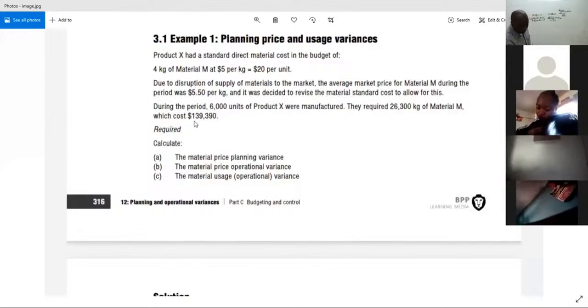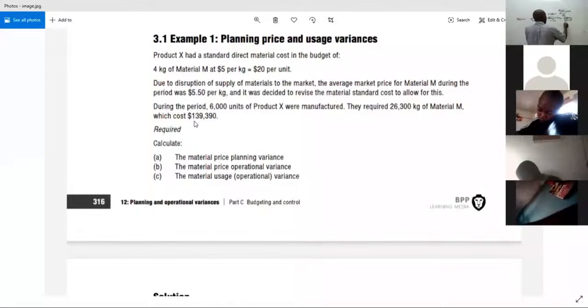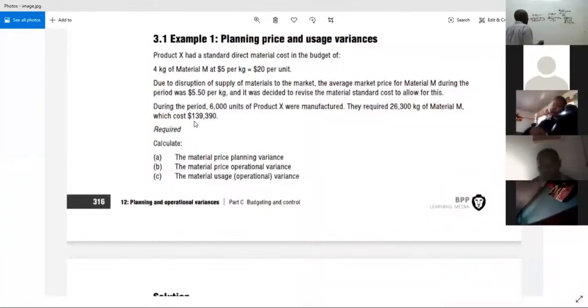They required 26,300 kgs. Total cost is $139,390. And then now out of this, ladies and gentlemen, what they need me to do in the first question